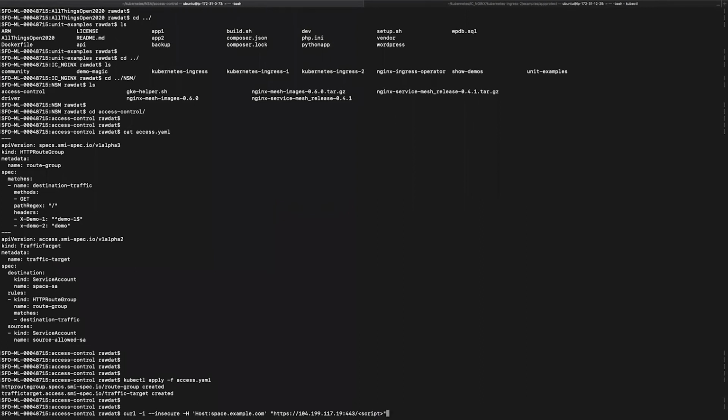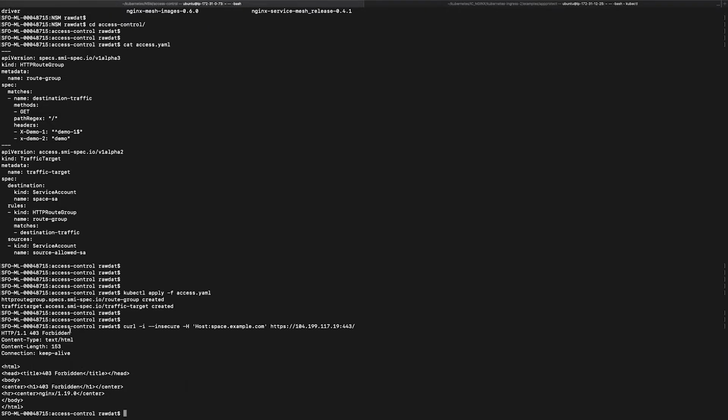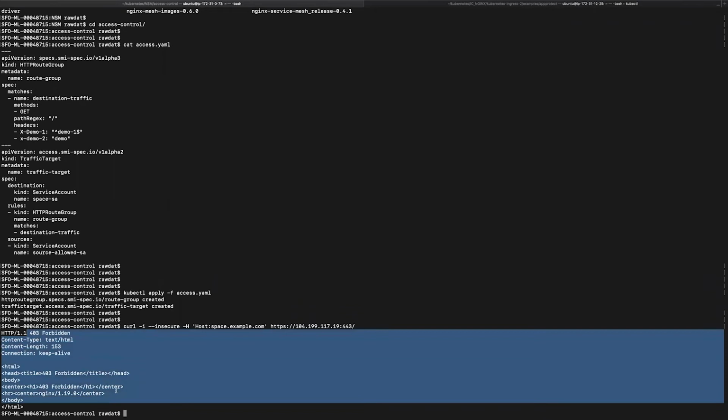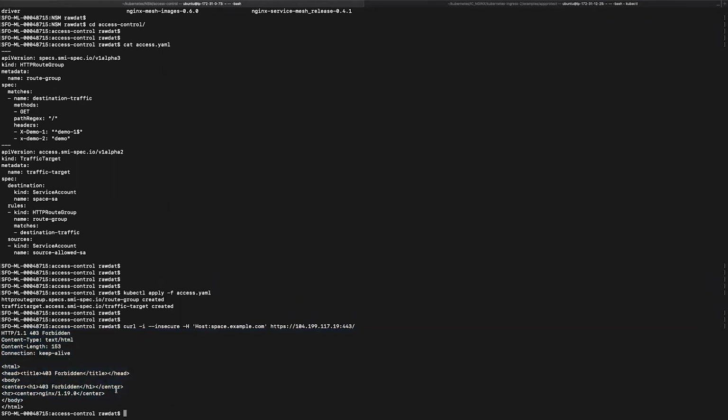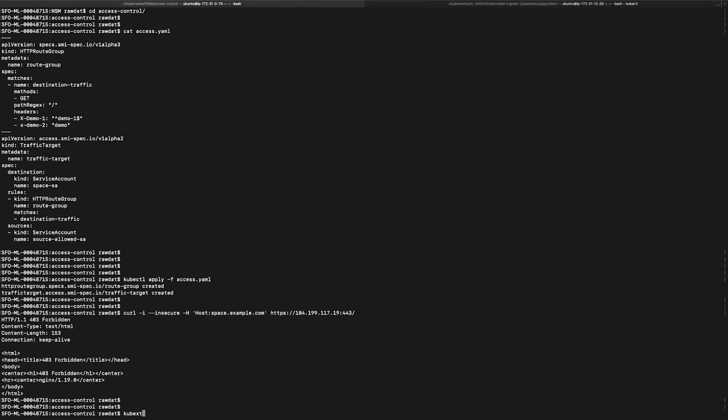and I try to connect again to my Ingress controller without any suspicious attacks, just regularly, I will get a forbidden request, because the Ingress controller is integrated with the Service Mesh, and that Ingress controller as a service is not allowed to communicate to my Space app. But there is a strict policy that states that the source allowed service account service can communicate to that. And that service so happens to be